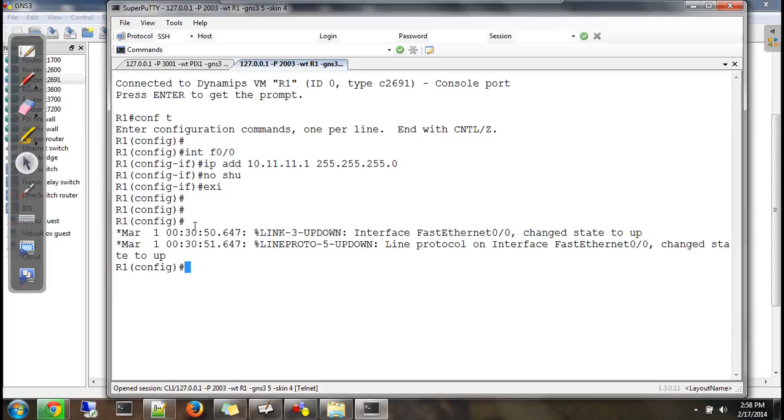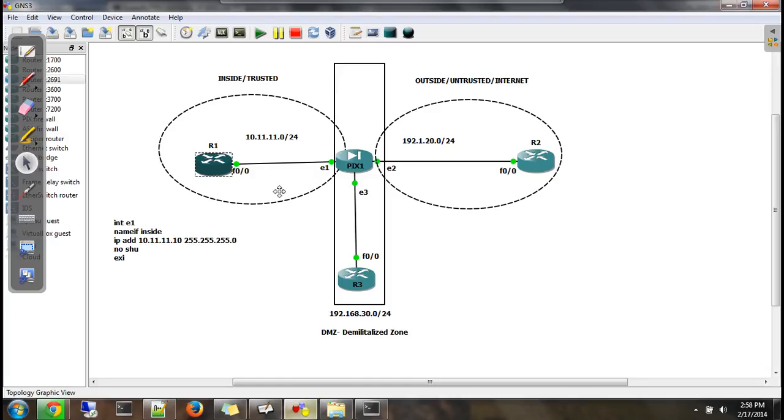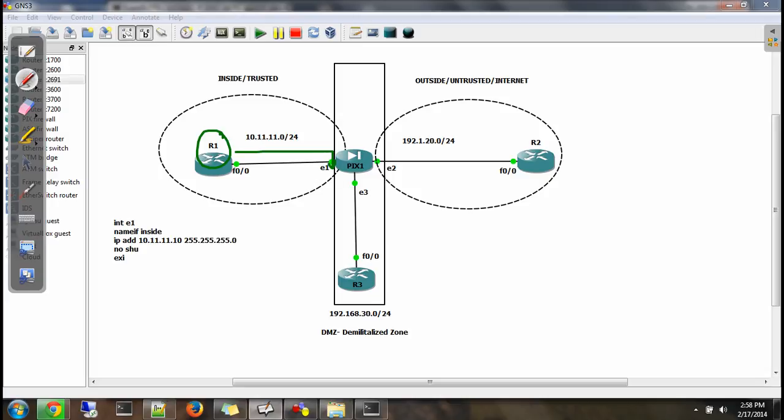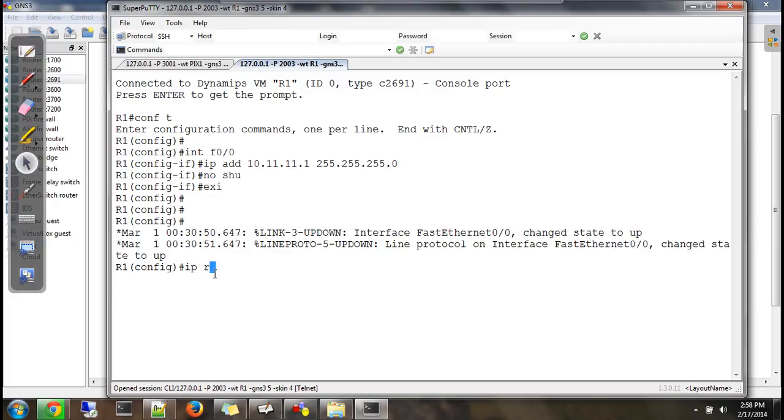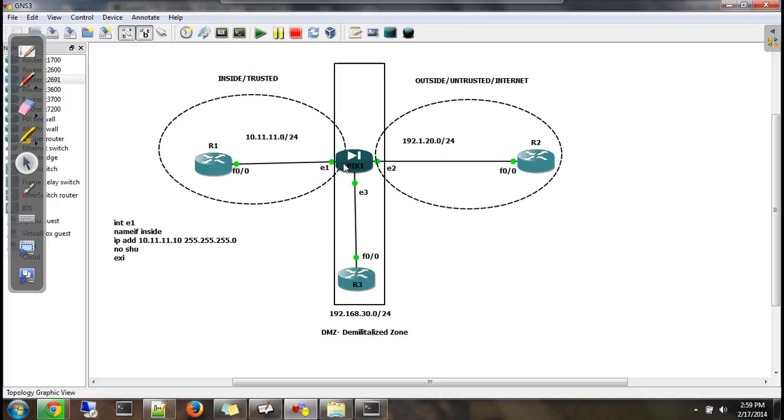What will be the default gateway for R1? Firewall, the firewall inside interface. Yes. So let's do this: IP route. Done.